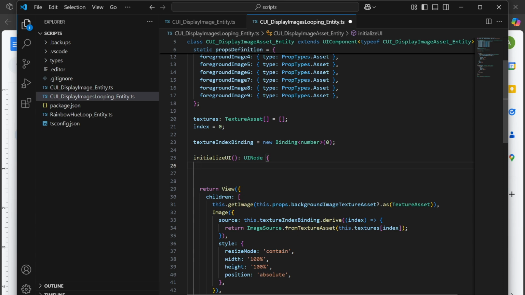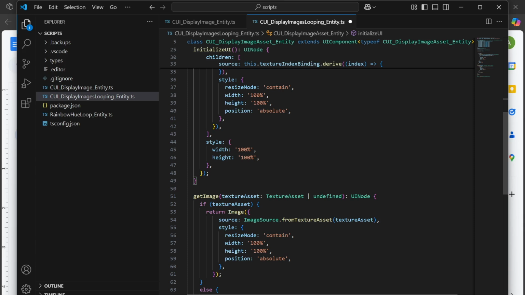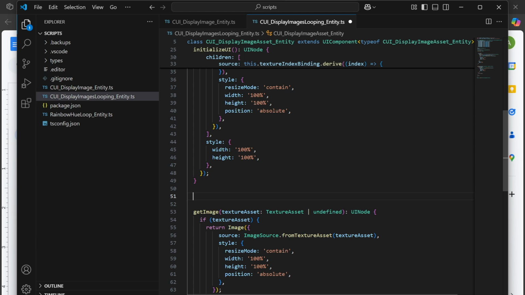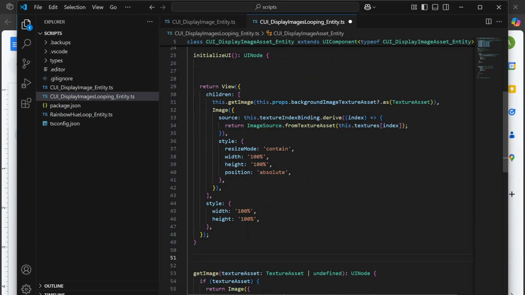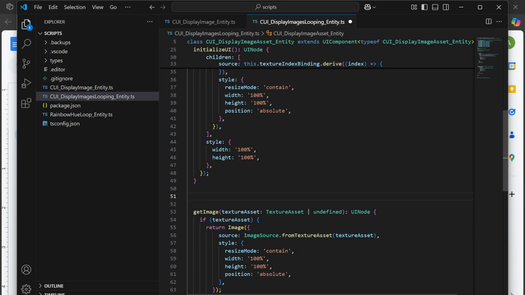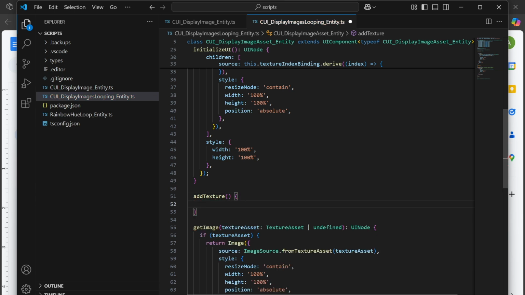Now to do that, we're going to want to create another helper function. Usually that's going to make our life a lot easier. So we've got the get image down here. To keep things running in the same order that they're appearing in the script, I'm going to put this above get image since this will happen before get image. And this is going to be called add texture to array, or we'll call it just add texture since it's a local method. And then what we want to do is take a texture asset or undefined, just like we did here,